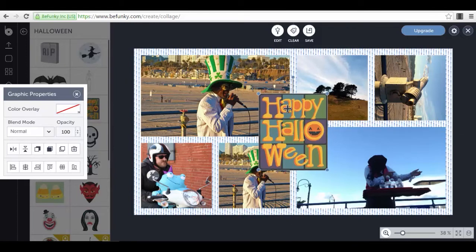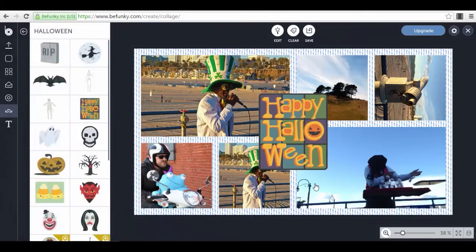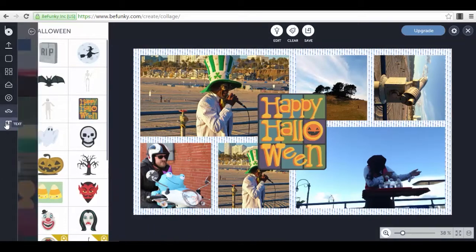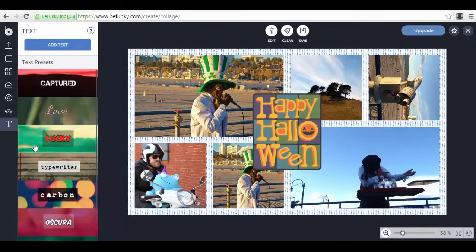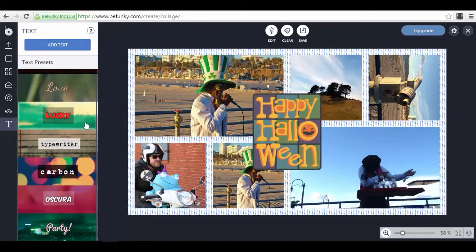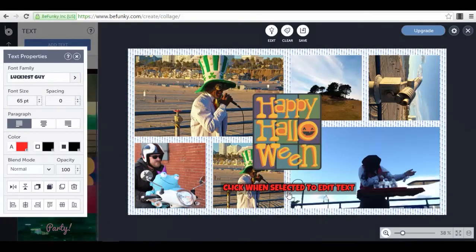So this can be awesome to create a greeting card. This is actually an awesome software, as you can see. And you can also add the text function exactly as you have seen in the photo editor, where you can type whatever you want and choose from different fonts,